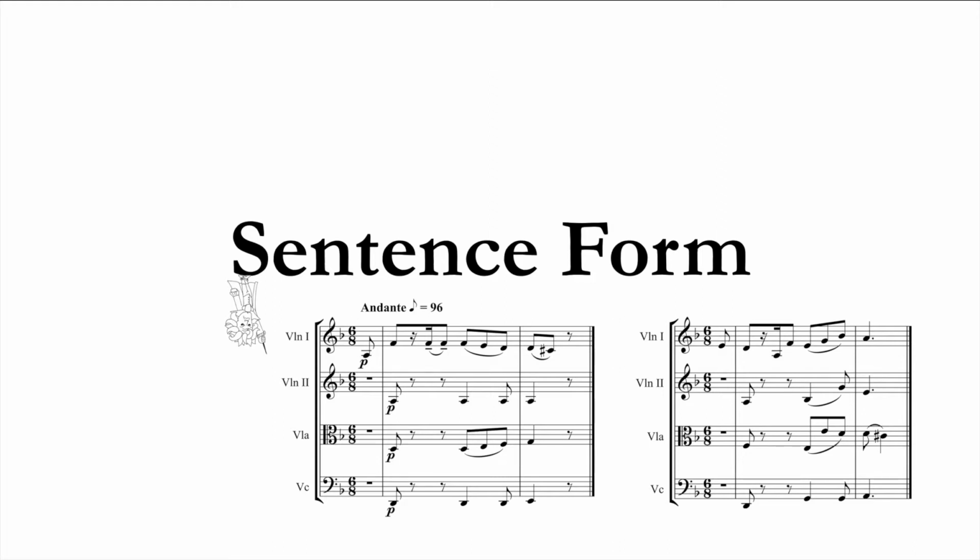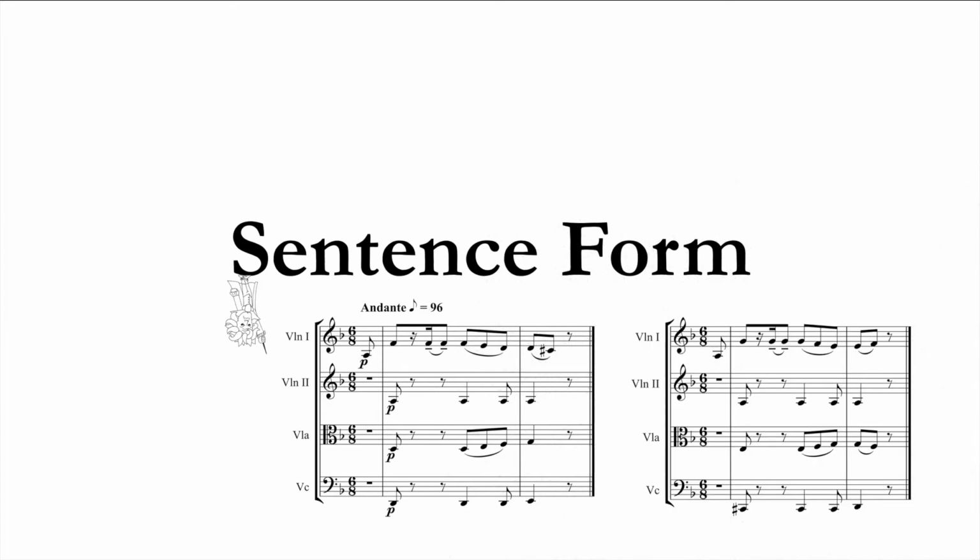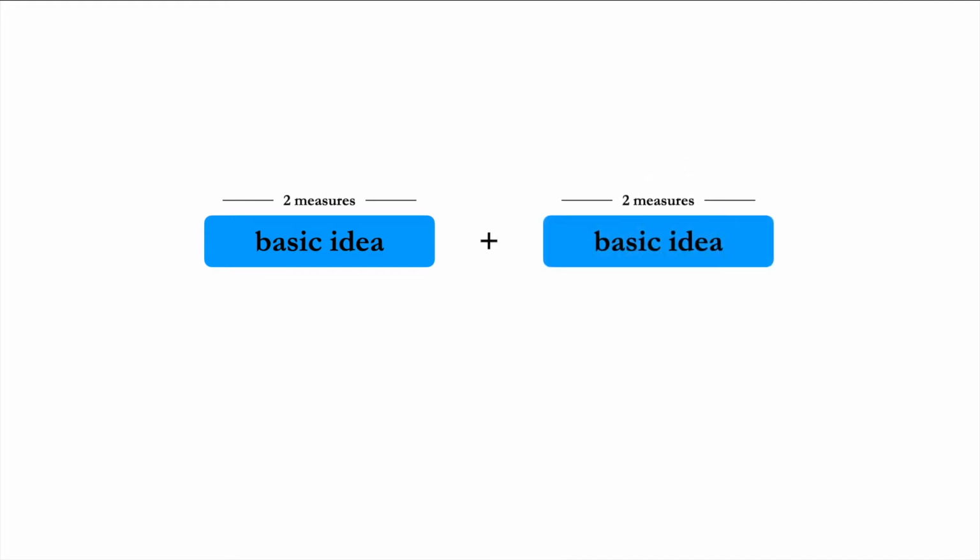These two options lie at the heart of musical form in the classical style, and this video focuses on the first option in the context of a theme type known as the sentence. For the sake of analysis, we take it as axiomatic that most themes in classical music begin with an idea that is 2 measures long, called a basic idea. In a situation where this basic idea is repeated immediately, we end up with a 4-measure unit called a presentation. In effect, the composer is presenting the idea to the listener by repeating it right away.